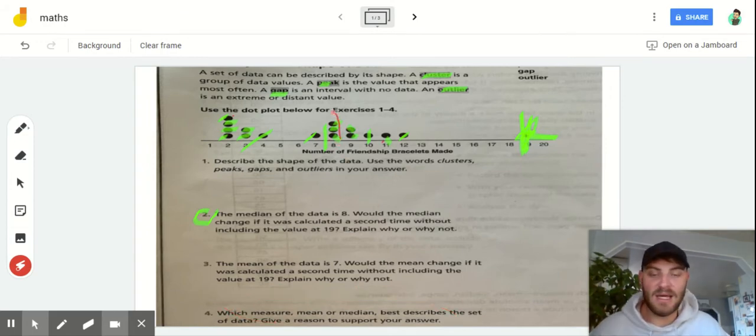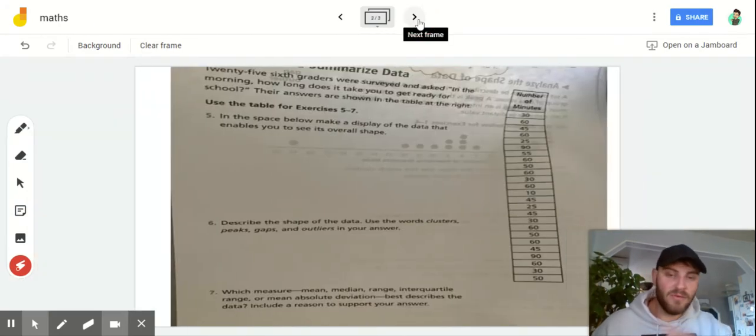I would say that the median right here at 8 is going to be the best because you can see this cluster here and this one outlier over here, and if you cancel those out, right in the middle here is going to be your median. So that's my answer. Moving on to the next page, and the last page today says,